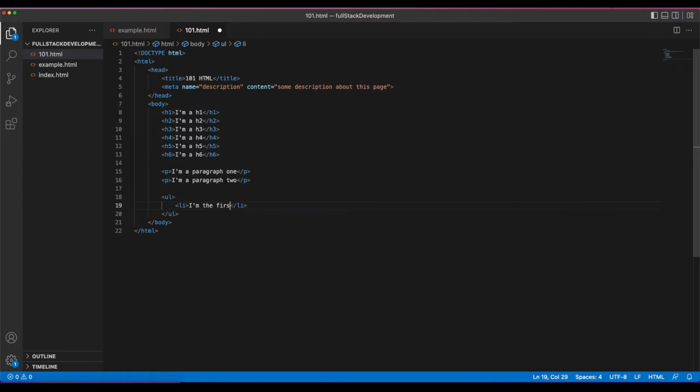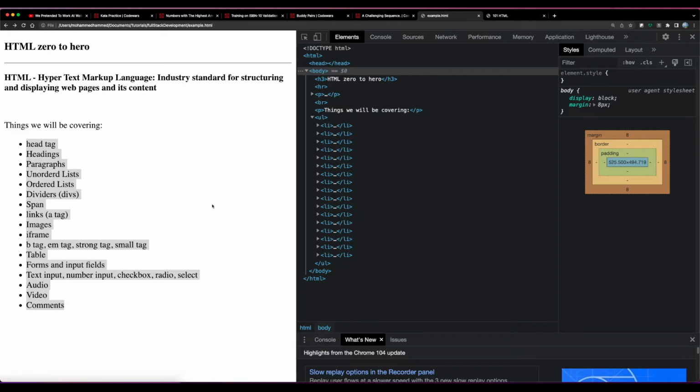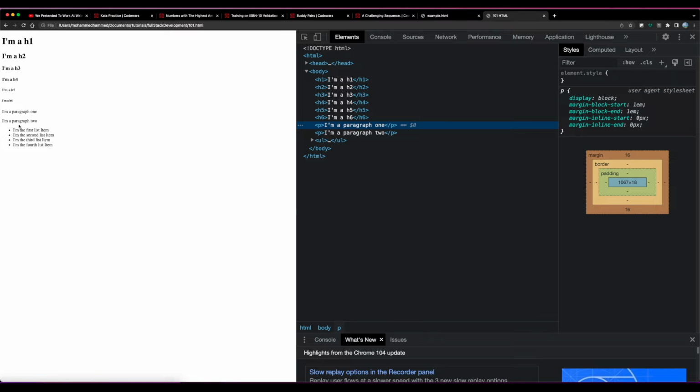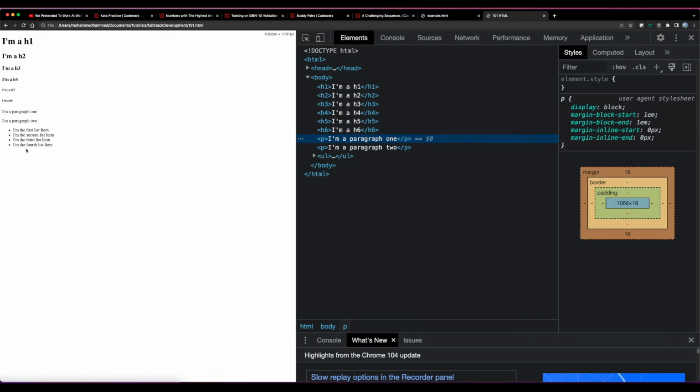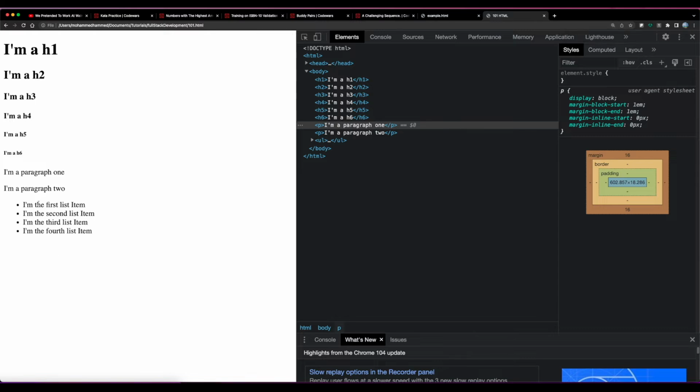So let's add a few list items here. I'm the first list item, second, third, fourth. That should be enough. Let's check that out. There we go. Bullet points. Let me zoom this in. Can I zoom it in? Of course I can. I'm the first item, I'm the second item, I'm the third item, I'm the fourth item, and these are basically